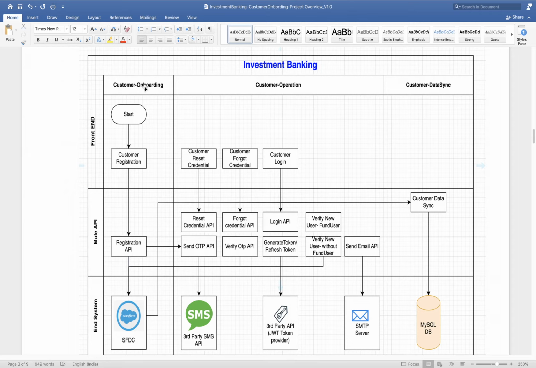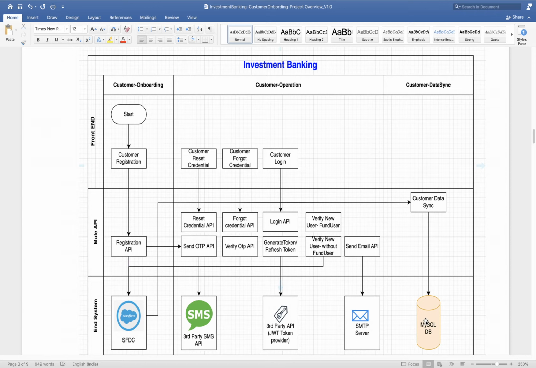On onboarding functionality, the customer will do registration. Then customer operations, where he can reset credentials and forgot credentials, customer login, then the customer can view and update their details. And then we have data sync, where all the customer data will be synced from Salesforce to the database for different purposes, like analytics.